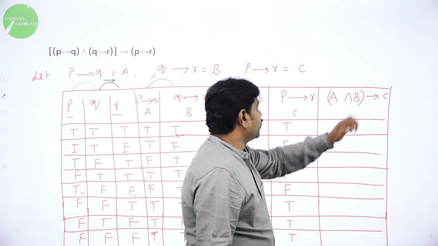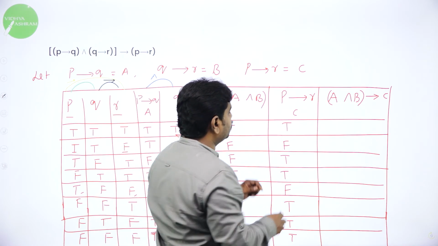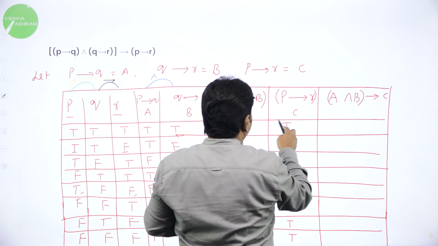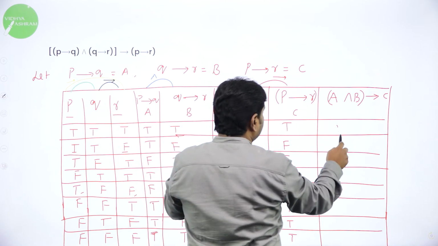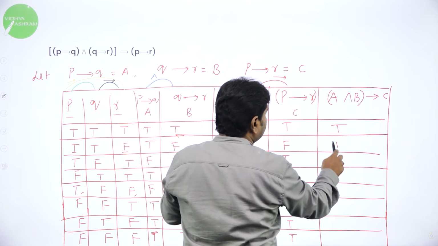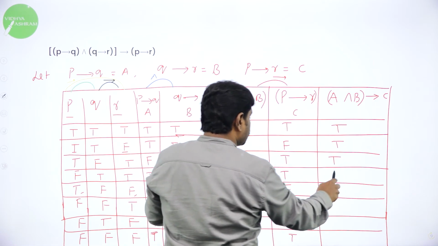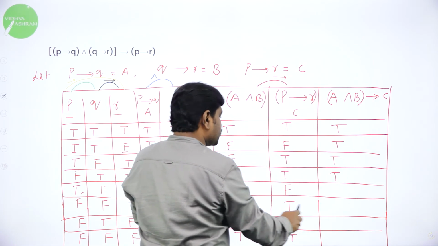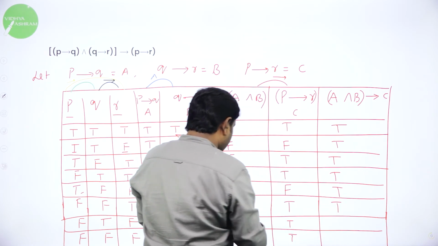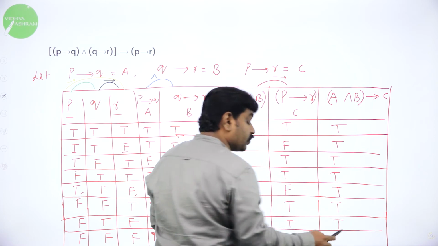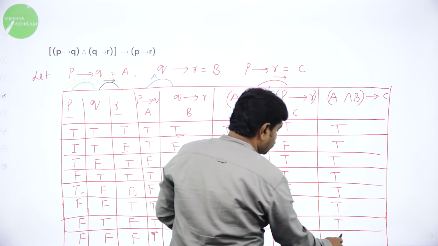Now we should do A and B implies C. This is A and B. This is C. So A and B implies C. For these two, you should apply implies. So true, true is true. False, false is also true. False implies true is also true. Again, true implies true is also true. False implies false is true. True, true is true. Again, false, true is also true. I told you first one true, second one false, only then false; in the remaining cases true. True, true is also true.